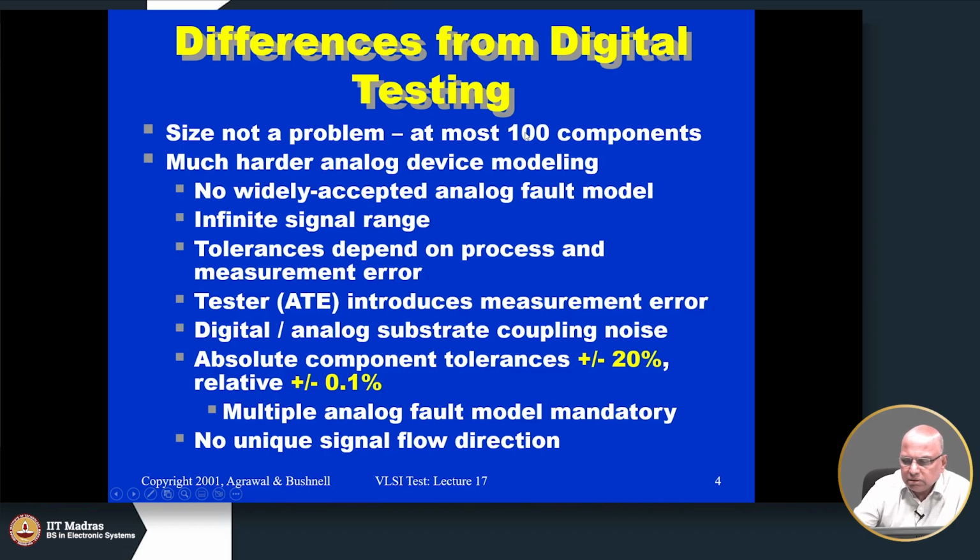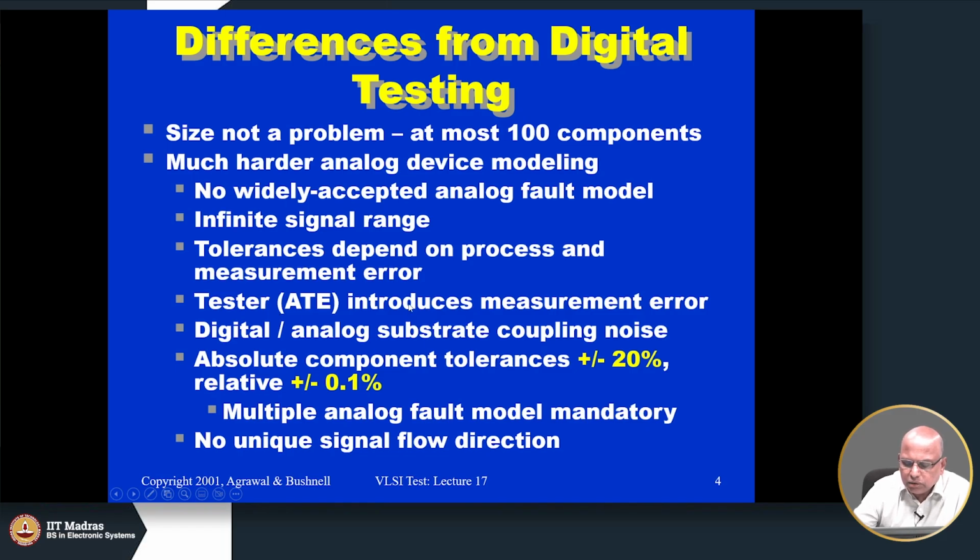There are maybe hundreds of transistors, but on the other hand there is no analog fault model, the signal range is infinite, right, and there are tolerances in the manufacturing process,